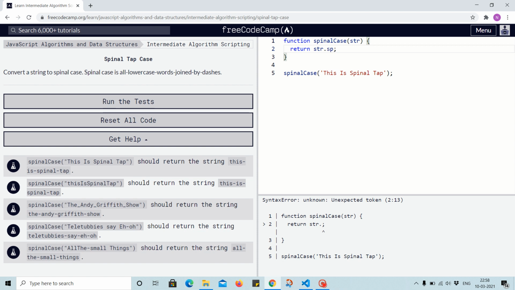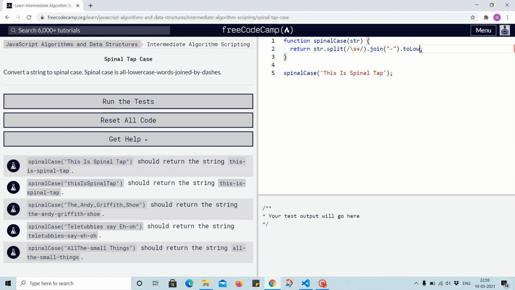Then str.split, and we will split using the regular expression backslash s plus, and then join with a dash and then toLowerCase. Okay,